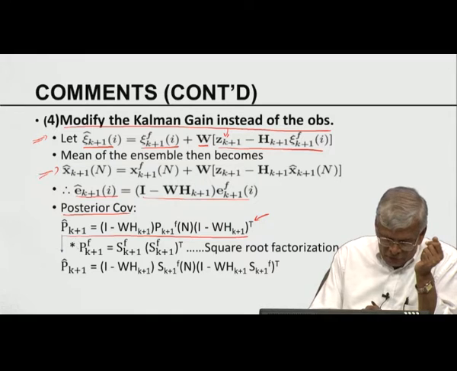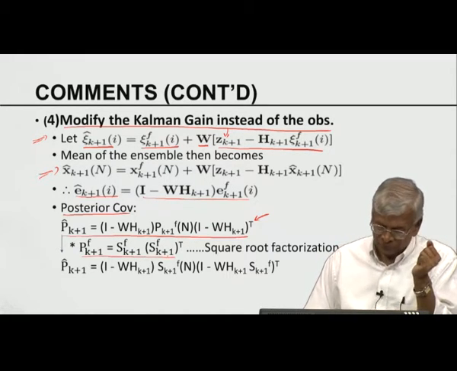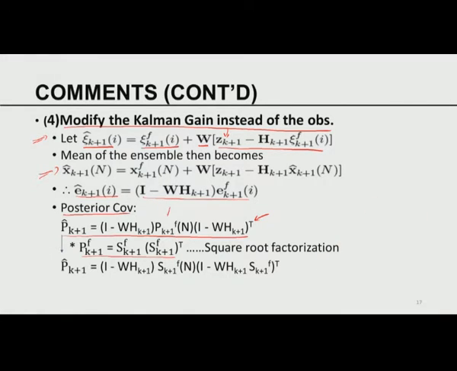Let us assume the forecast covariance has a square root factorization like that. So this is the forecast covariance. Let us pretend this forecast covariance has a square root factorization available. In that case, by combining these two and replacing this by the square root, I get that the analysis covariance is given by the product of this times that.